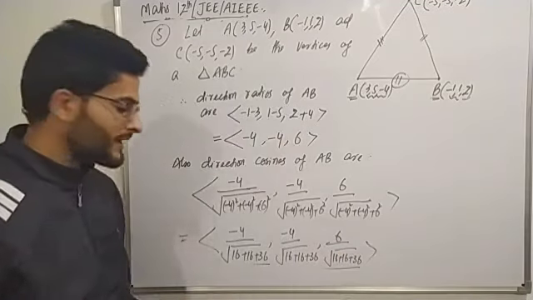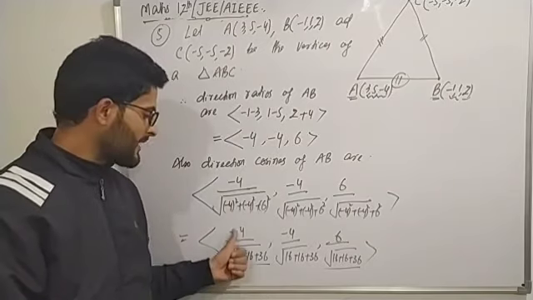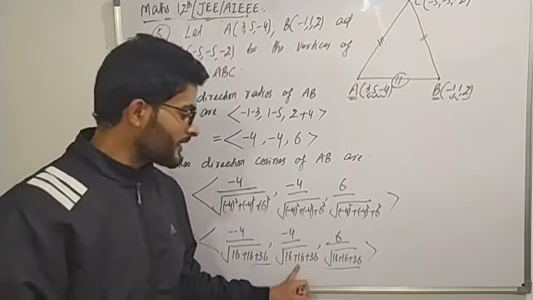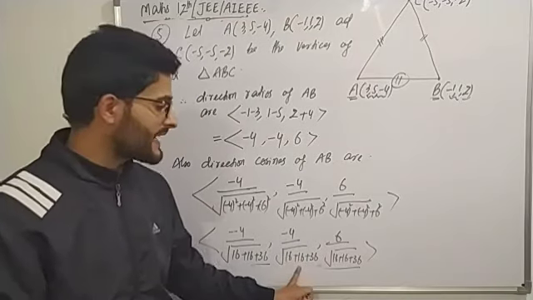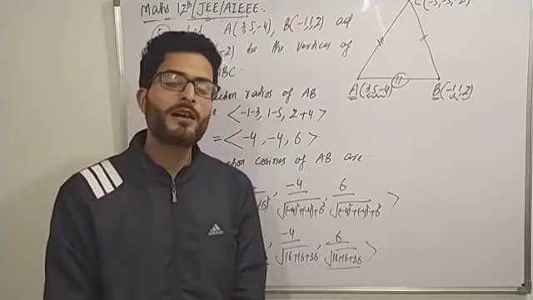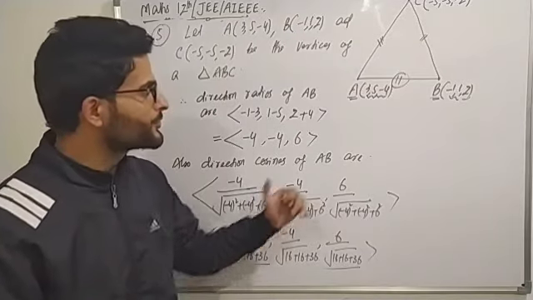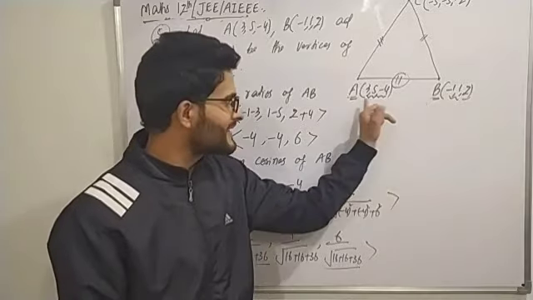Calculate the value of the square root. क्या आएगा? And -4 by that thing will be the first direction cosine, -4 divided by that thing will be the second direction cosine, and 6 divided by that thing would be the third direction cosine. So in this way we have calculated both the direction ratios as well as the direction cosines